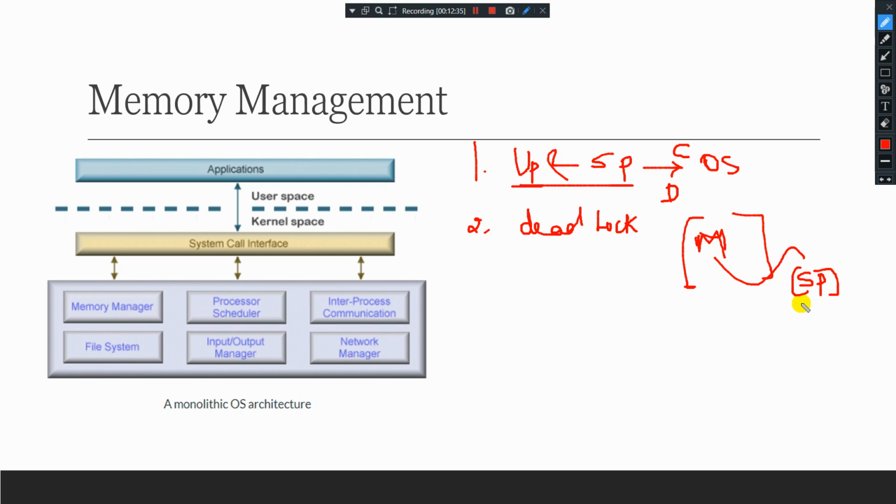If this subprogram after execution is not returning back to the main program within a particular time period, then deadlock occurs in your main program.